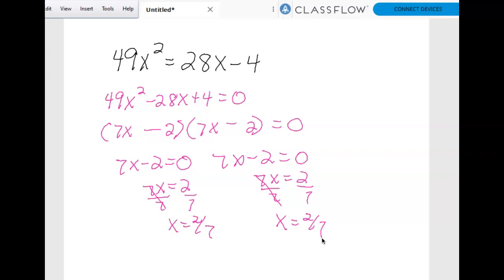so 2/7, it's the same, isn't it? So I only got 1 this time, and here's why. Here's 2/7, let's say it's right here. So that means that this quadratic is going to do this. It's going to bounce off the x-axis. And it takes 2 to make it bounce. Okay,